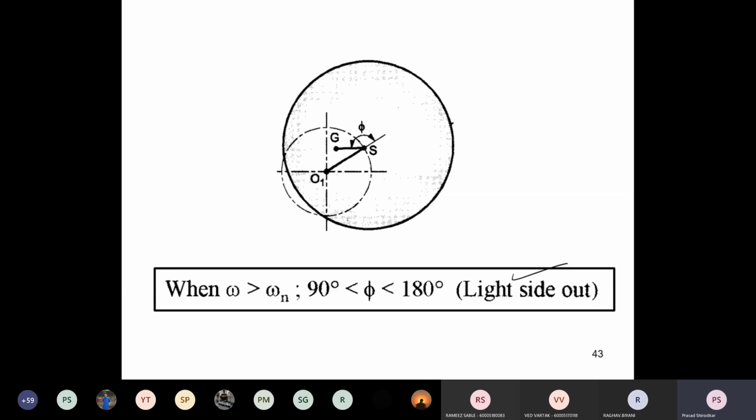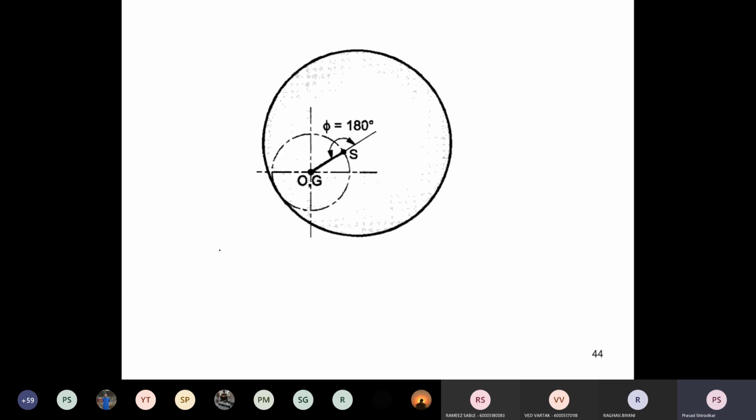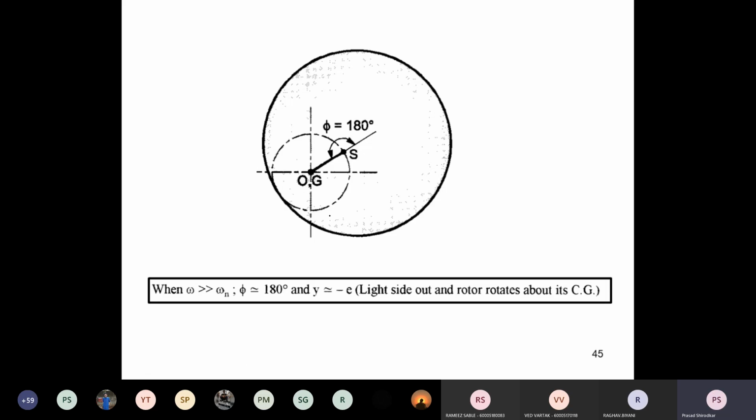Now we will consider the other extreme case. In this case, omega is increased to a very high value compared to the natural frequency. Now the phase angle is approximately equal to 180 degrees. More or less it is 180 degrees, and the deflection is more or less equal to the eccentricity, which is minus e. Again G is before S, so again this is light side out. And in that case, the rotor is now rotating about its CG. Alright, so these are the various conditions